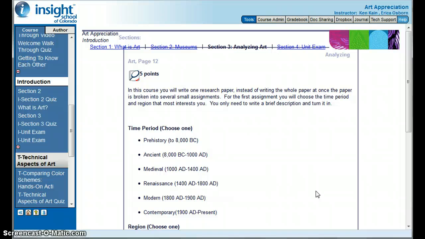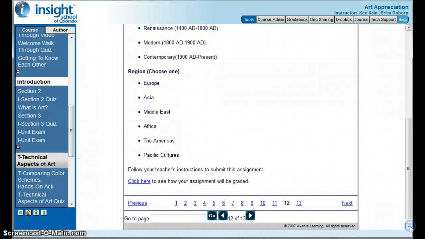Now, I've removed all the actual assignments, so it's not in the grade book, it's not in the Dropbox, but there are certain slides that I cannot remove, okay? So this is really important because this will be very confusing if you don't get this information. When you get to anything that talks about a research paper, ignore it. We're not doing the research paper, okay?